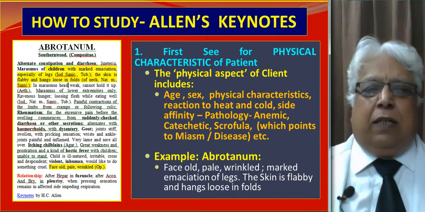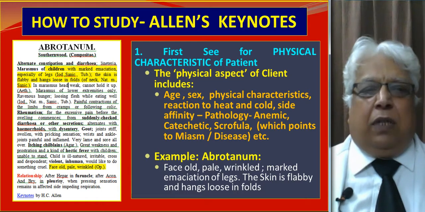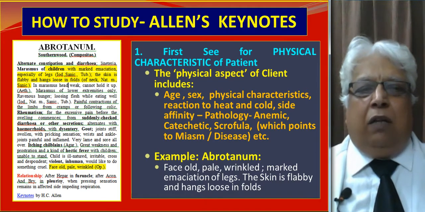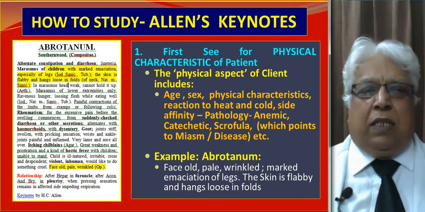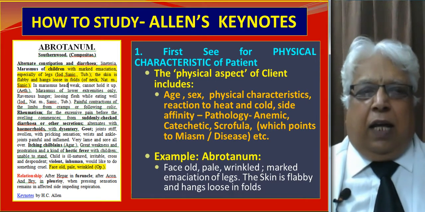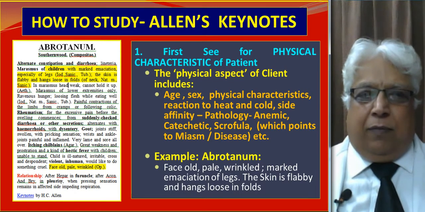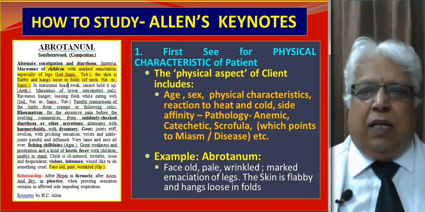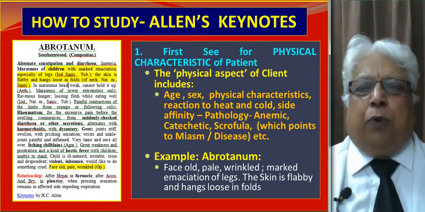See where this particular symptom is being given: at the end, when he is rounding up the total description of the drug, he gives a small one line randomly, which we can always miss, because we always give much importance to the initial things. The first line should be much more important, and the last line must not be that important. So your sense of priority gets distracted. Don't allow this thing to happen, because whatever is written here is of utmost importance.